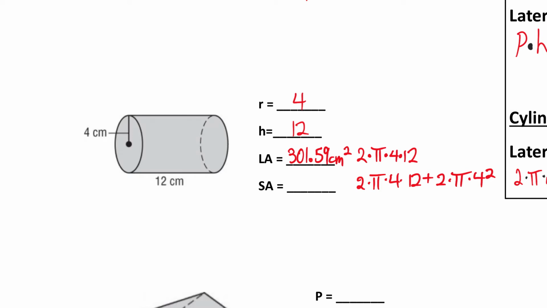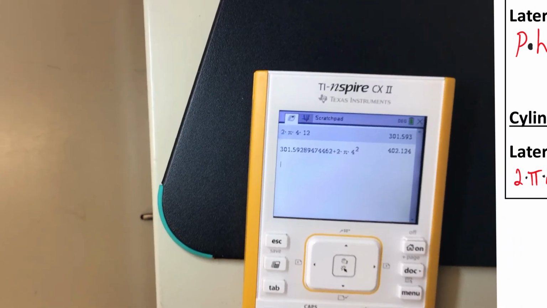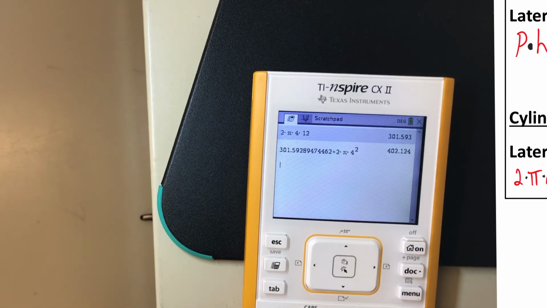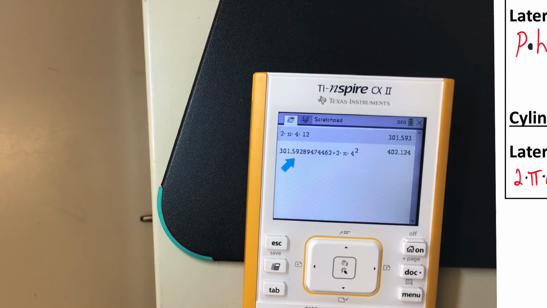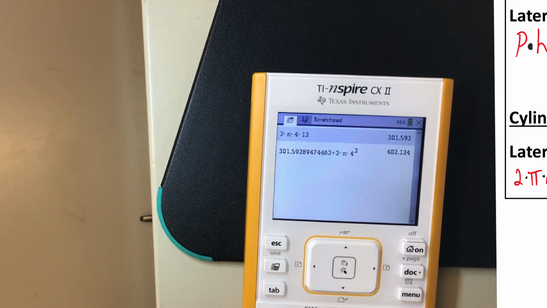Which is 2 pi RH plus 2 pi R squared, so 301.59, 402.12. Okay. Now,